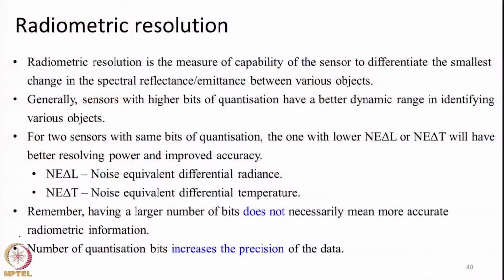Let us say some signal is coming from the ground, from two different features. I will take two examples. Let us say one number is 102, one number is 100. These represent the spectral radiance of two different features. The difference between them is just 2 watt per meter square per micrometer per radian, a very small difference. Let us say the system has a noise level of,